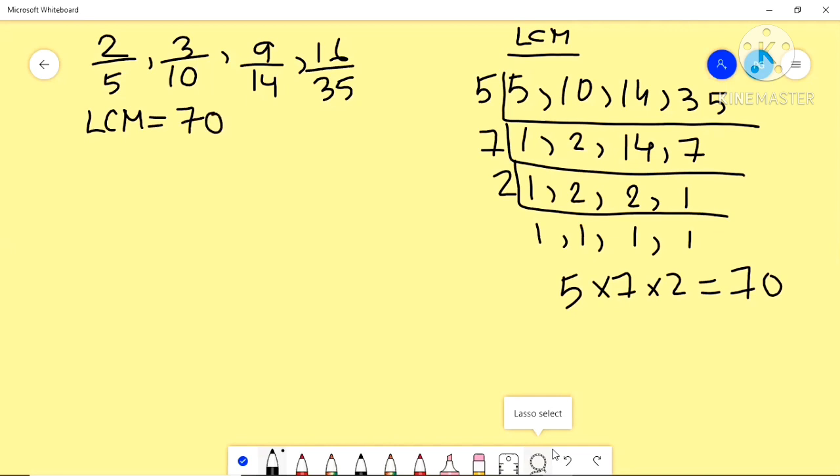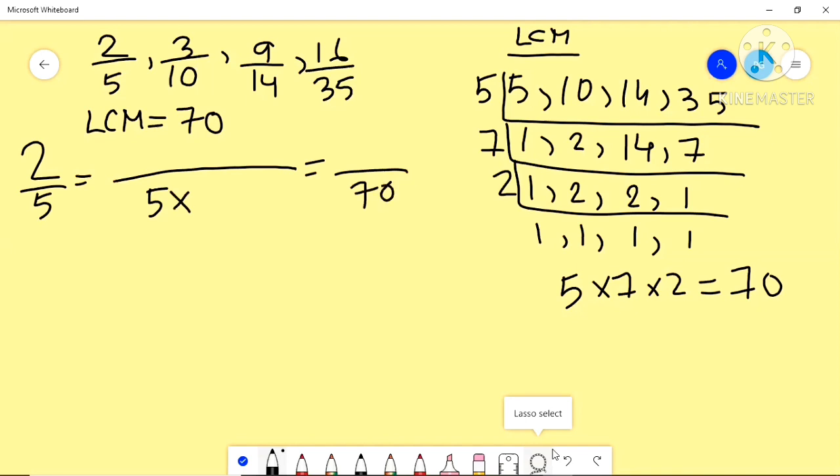Now the process starts how? We will write down the first fraction and we will convert it into a like fraction. Why we are converting into like fraction? Once we convert into like fraction, it is very easy to do ascending or descending order. So first we will convert it into like fraction. How to convert? We will write down the number. So 5 into how much? Our common LCM, that is 70, it will come.